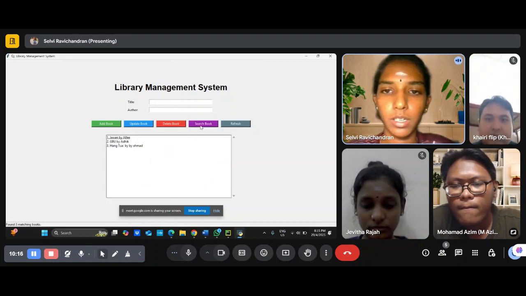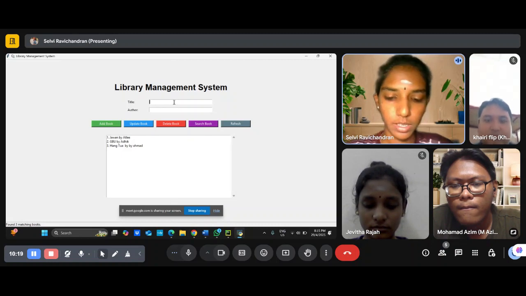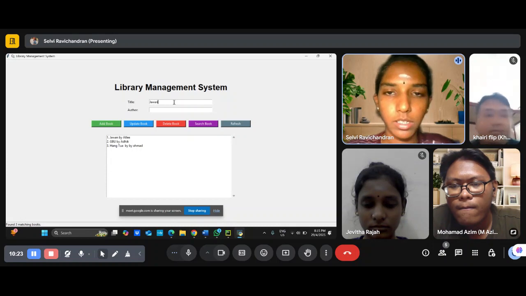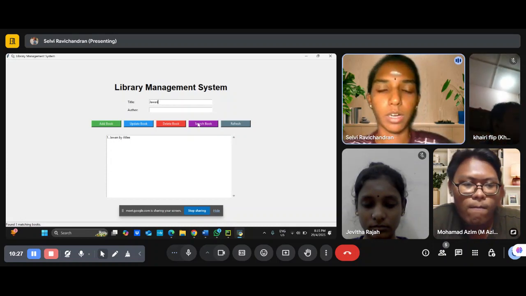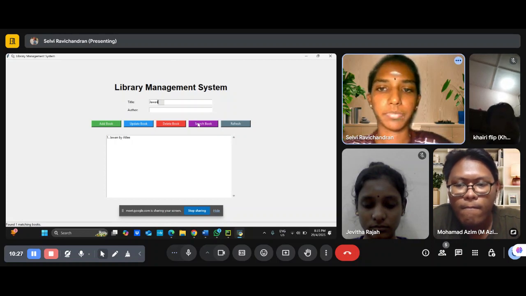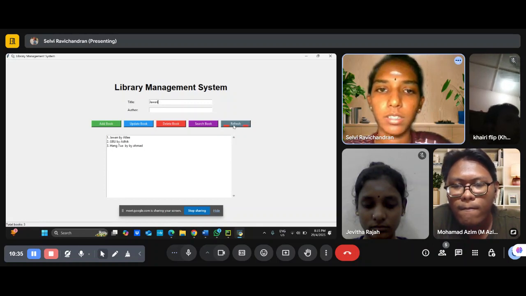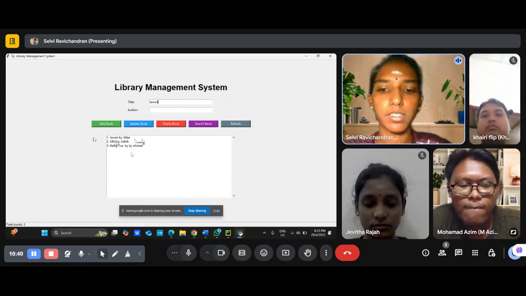For the search book, for example, I search Jawan. It will show only one row in the box. For the refresh, it will come again with the previous records.